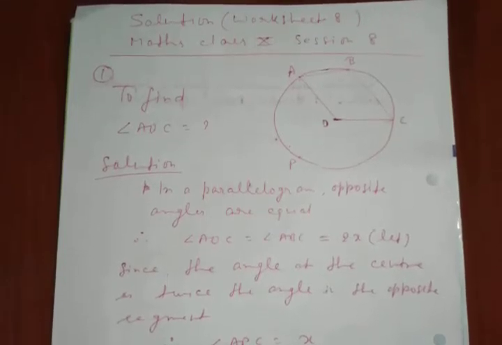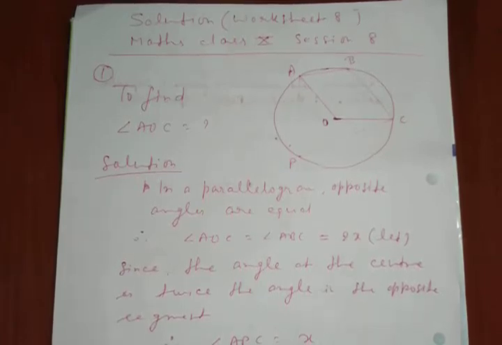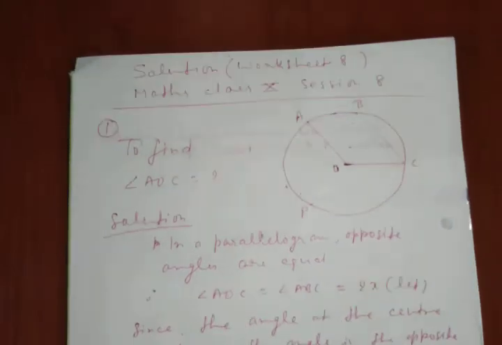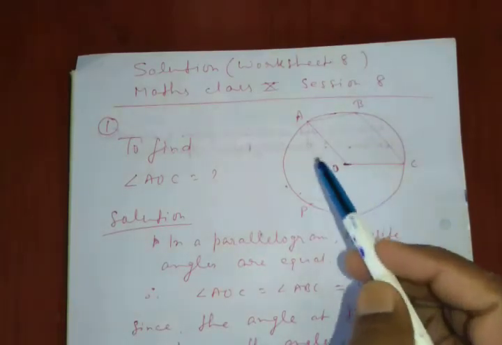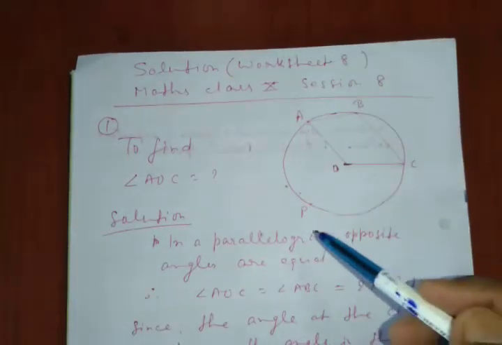This is the solution of worksheet 8, Mathematics class 10, and this is based on the chapter Theorems related to angles in a circle. The first question you can see in the question worksheet here, and this is the solution here. So in the first question, we are given a parallelogram. This is a parallelogram here. AOCB is a parallelogram, and